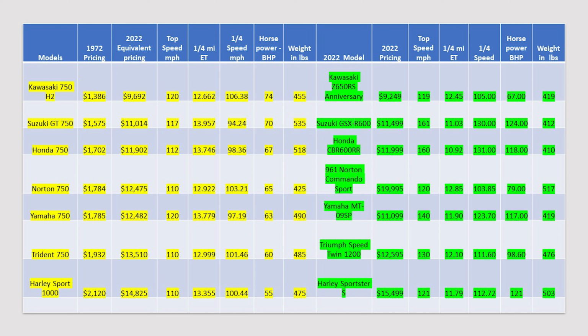So what I did in this, starting with this slide here, is the 1972 stuff is in yellow. All right, so you can see the bikes from 1 to 7 in yellow. Then also in green is what you could buy in that same brand. I had a little trouble with Norton, but in the same brand with